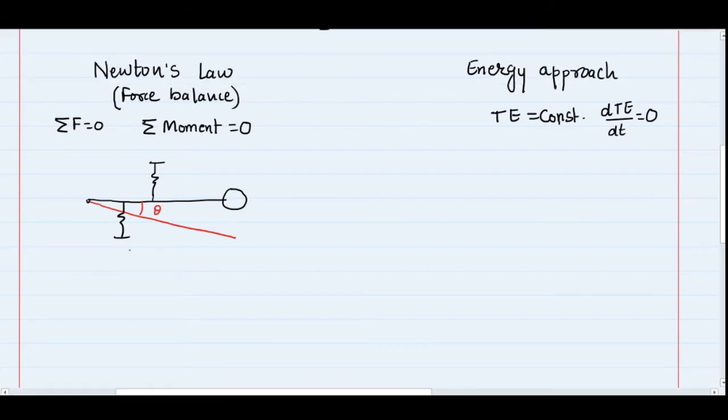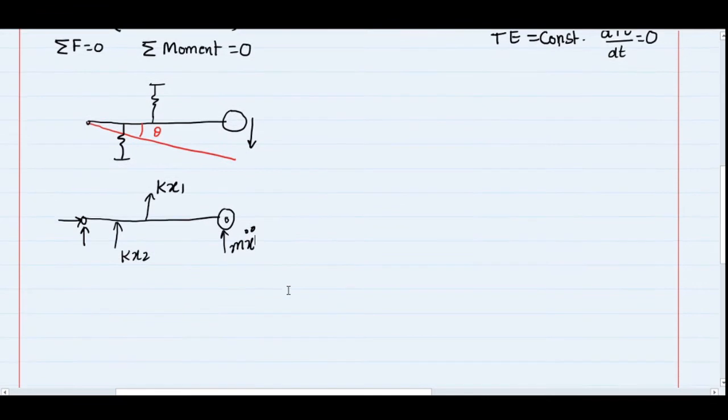When we make the free body diagram of this bar, there will be multiple forces. One force is because of this spring, and let's assume this force is kx1. The second force is in the upward direction, and its magnitude we take as kx2. This is my pin joint, so there will be two reactions, but we are not going to use them. And the last one: as the mass is moving in the downward direction, an inertia force will act on this mass, which can be assumed as mx double dot.